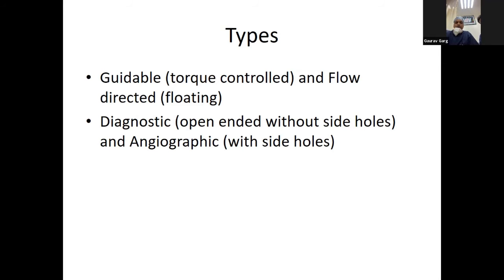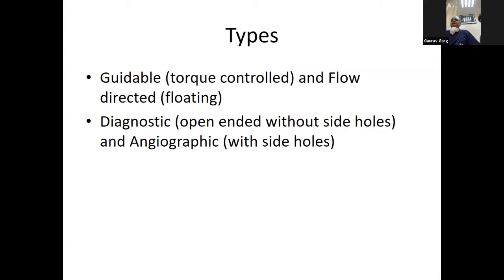But on the other hand, if we take a torque control catheter, we can pass it easily from the IVC to the RA and then to the SVC, because these catheters are stiff as compared to flow directed catheters, and we can easily pass them in structures which are against the blood flow. Similarly, in regurgitant lesions, these torque control catheters can go with small manipulations.